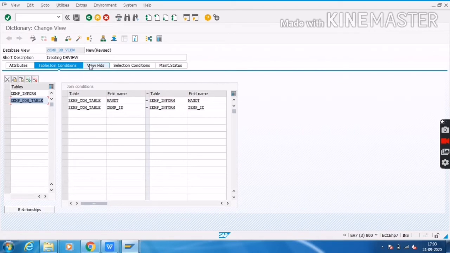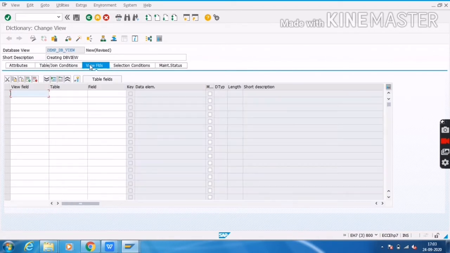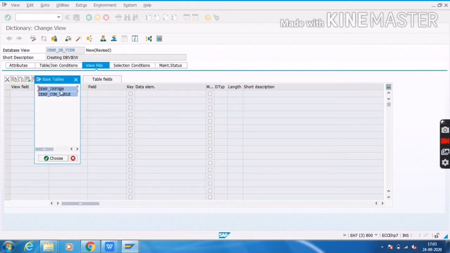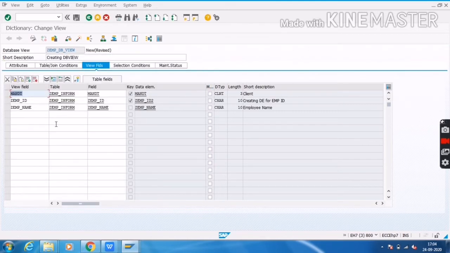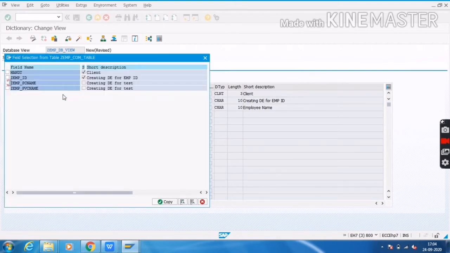Then click on the view fields tab. Here we select which columns or fields we show in the output of the view. Click on table fields, select the first table. Here I am showing the first 3, employee ID and employee name. Click on copy and then click on the second table.